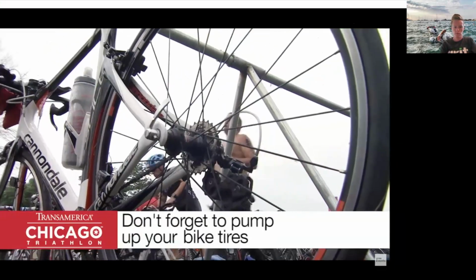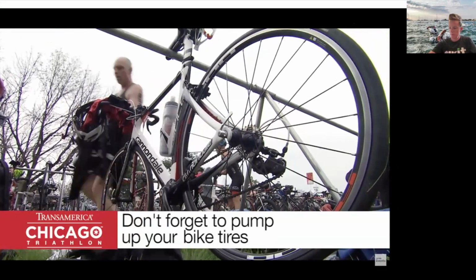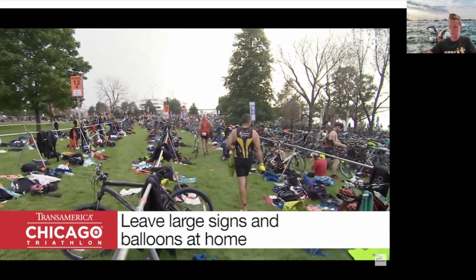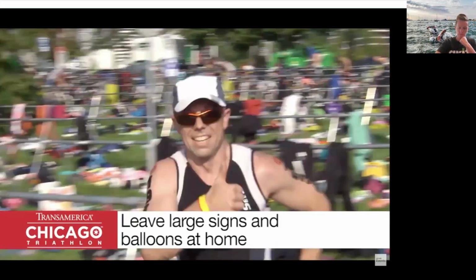Don't forget to pump up your bike tires on race morning. Bike mechanics are available, but they will be very busy. Leave those large signs and balloons at home. All obstructive items used to help identify your racks will be removed by event staff because they can impede visibility